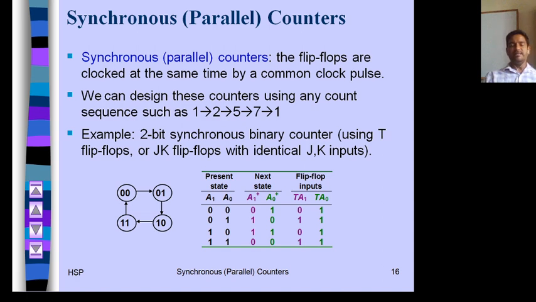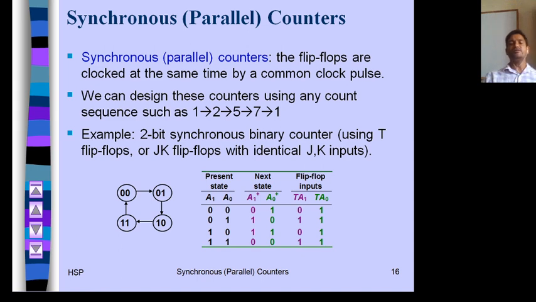Now next we will see synchronous or parallel counter. Till now you have seen asynchronous or ripple counter. In this we apply an external clock pulse to the first flip flop only, then the output of the first flip flop is connected to the clock input of the next flip flop in case of asynchronous or ripple counter.